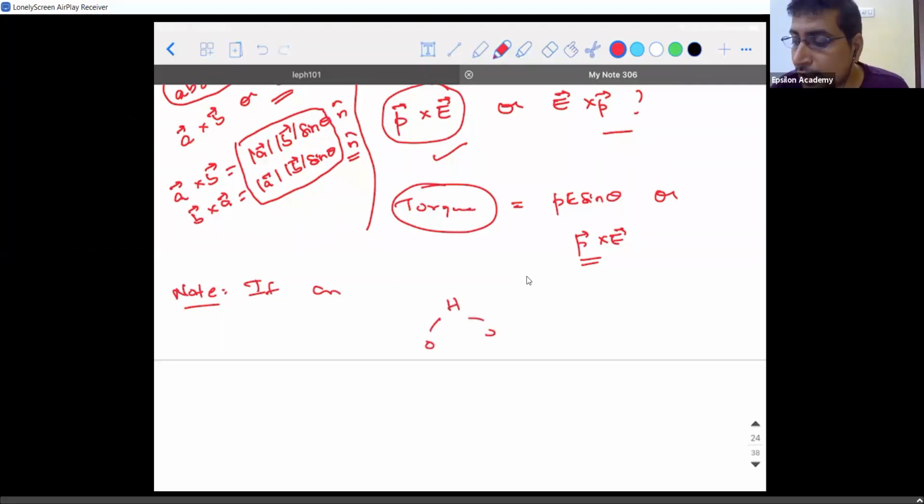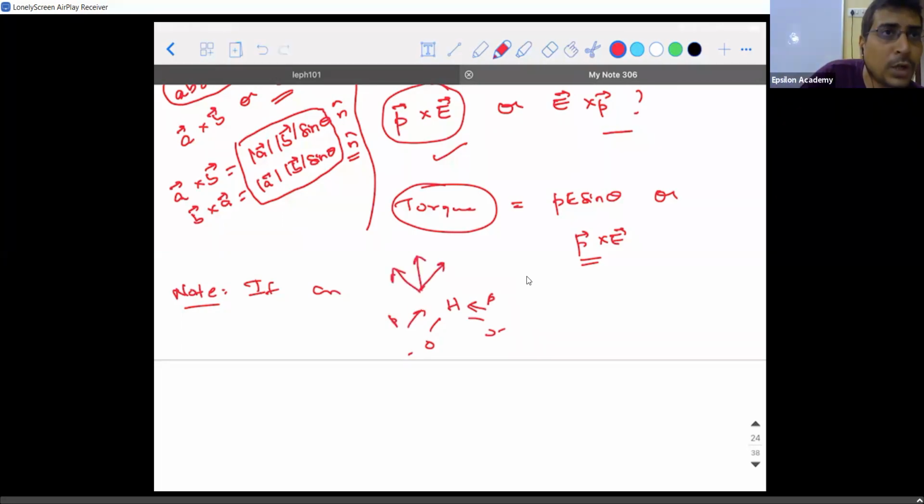So there will be a negative charge here, two lone pairs of electrons, and a dipole moment in this direction, and a dipole moment in this direction. So the resultant of these two dipole moments will be in this direction. So it's a polar dipole, a known fact. So this dipole, when it is placed in that electromagnetic field, electric and magnetic fields both are there. As of now, electric is there.